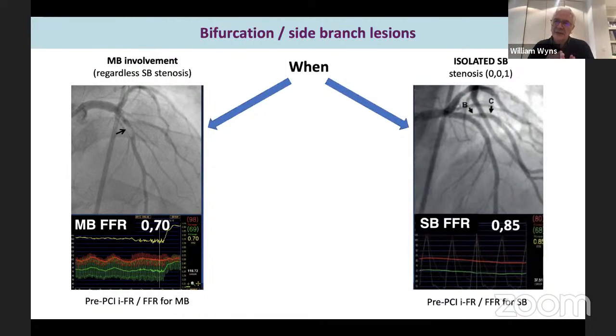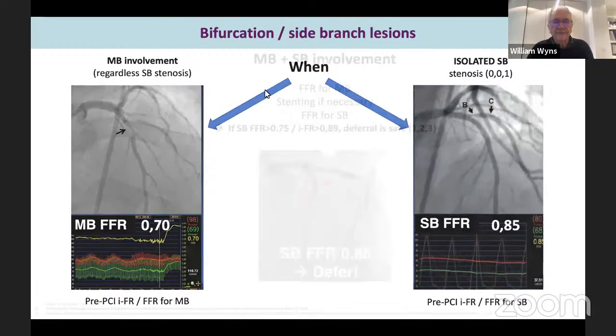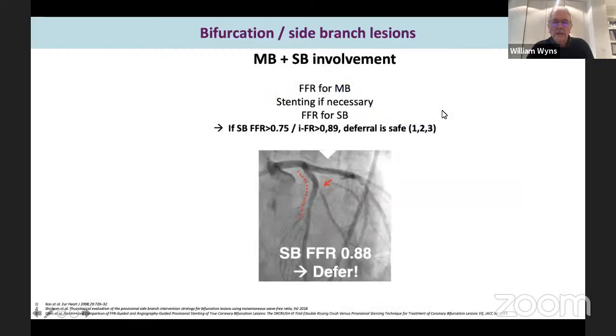The bifurcation angle here is around 45 degrees, something like that. With these low bifurcation angles, you have a more and more elliptical ostium of the side branch. While if you have a 90-degree side branch, then it will be more round, and this effect will not be apparent. So don't be fooled by angiography. Combine both. This case is one more complicated, Mattia, where you have both involved, or it's another example where you can use the FFR and the side branch to decide whether or not something needs to be done about this apparent ostial stenosis. Right.